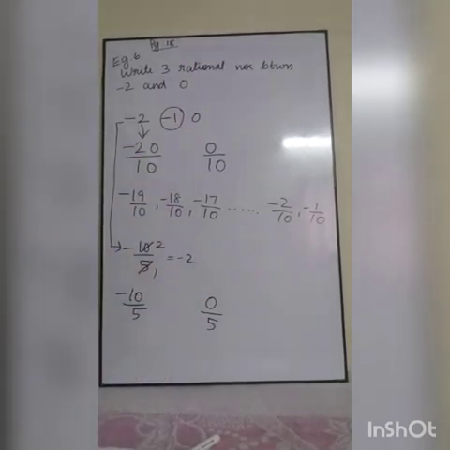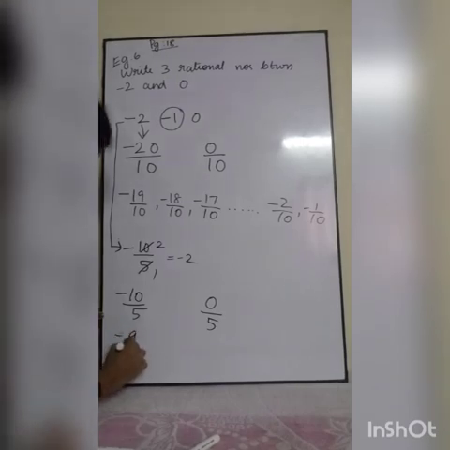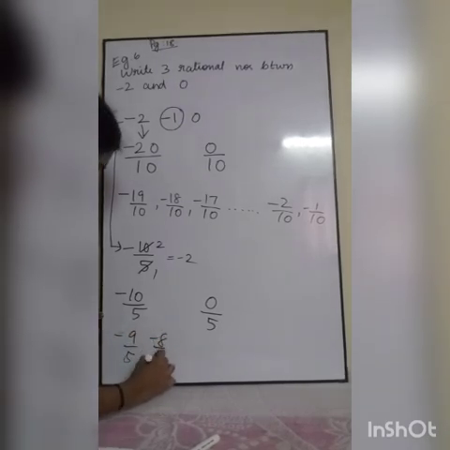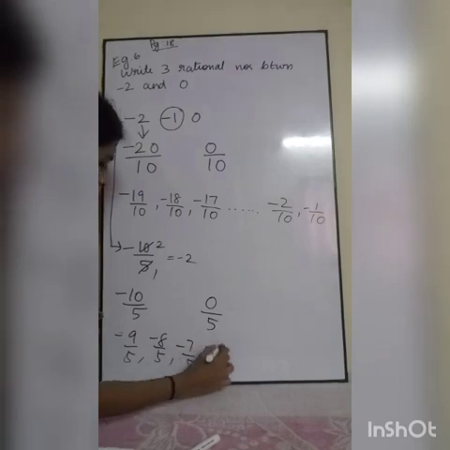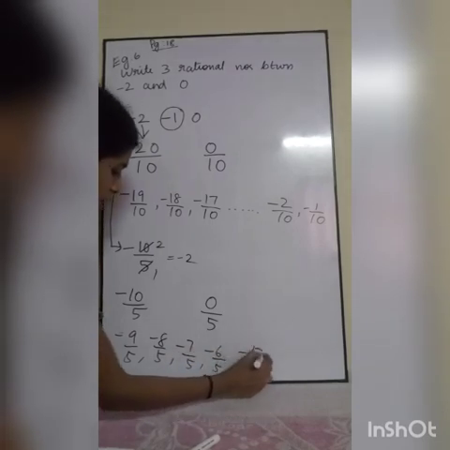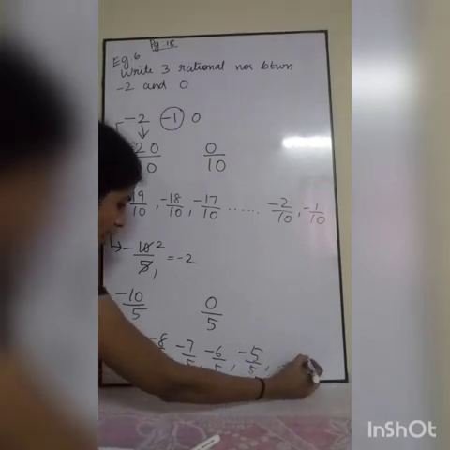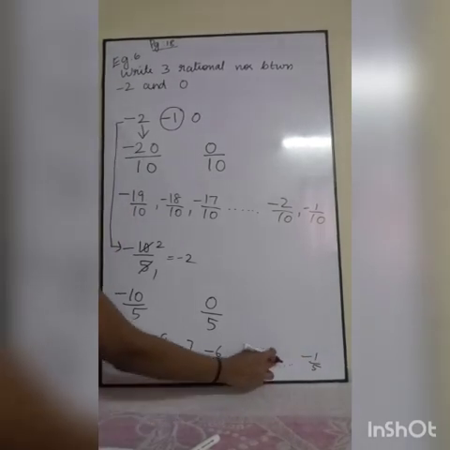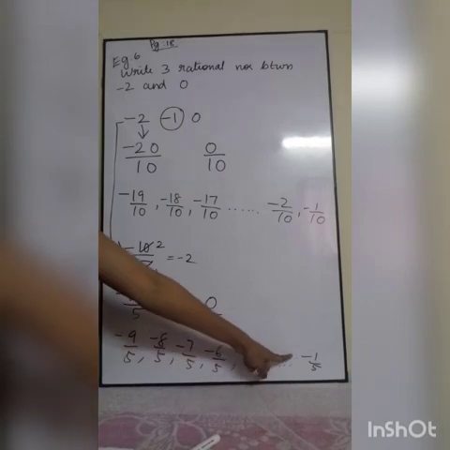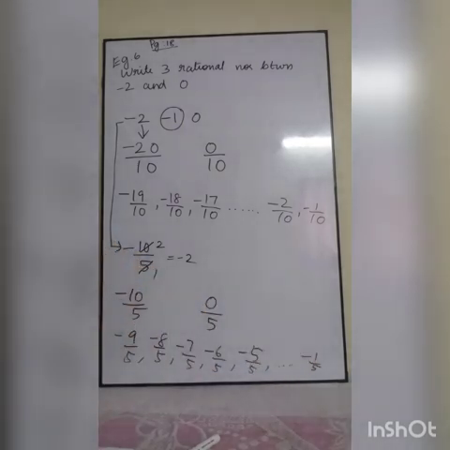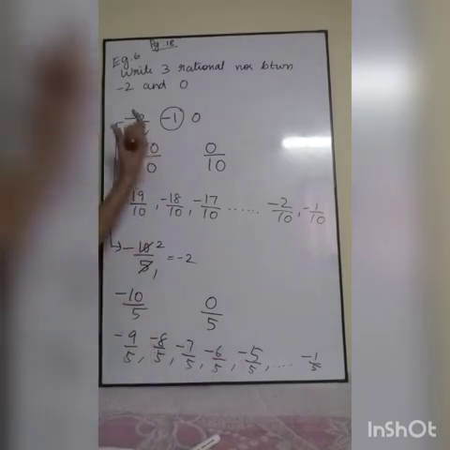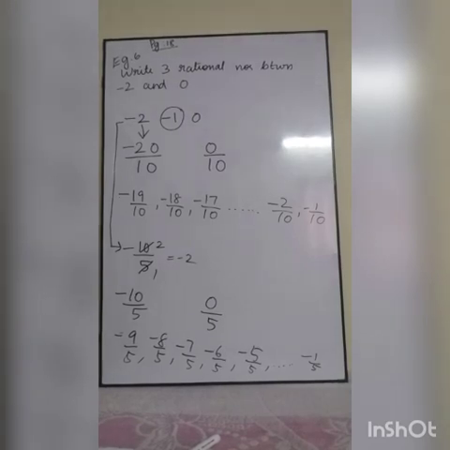So what are the numbers in between these two? Minus 9 by 5, minus 8 by 5, minus 7 by 5, minus 6 by 5, minus 5 by 5, and it goes on until minus 1 by 5. So minus 4 by 5, minus 3 by 5, minus 2 by 5, minus 1 by 5. So these many numbers are there. If you arrange like this, you will get these many numbers. In the book they have arranged it like this, here I have arranged like this, so I am getting this many rational numbers. No problem, as long as everything is correct.